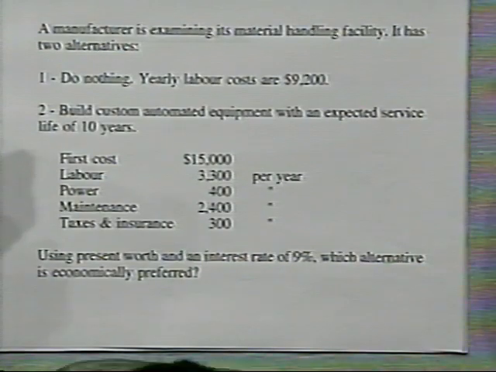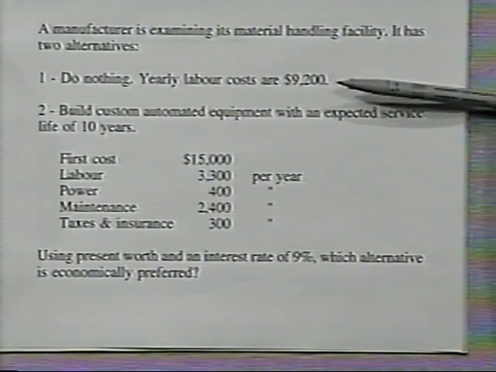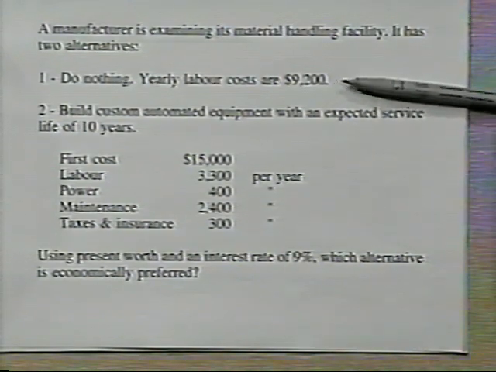In today's lecture, I'm going to be continuing to talk about present worth comparisons, in particular in the case where the alternatives involved have unequal lives. We saw in a previous lecture an example of a present worth comparison involving a manufacturer examining its material handling facilities. In the previous example, we had two alternatives, one of doing nothing with an annuity as being the cash